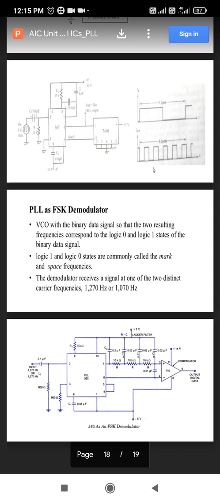Okay, so we have completed the PLL part. Almost only one point is remaining from this unit, and only one lecture we require. In that we can cover the last point, that is the function generator IC 8038. Only that one point is remaining, so for that purpose one lecture is required. Tomorrow morning at 9:30 we are getting the lecture. In that we can complete this syllabus.